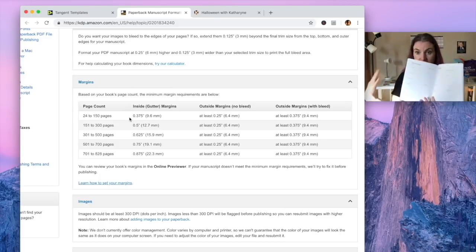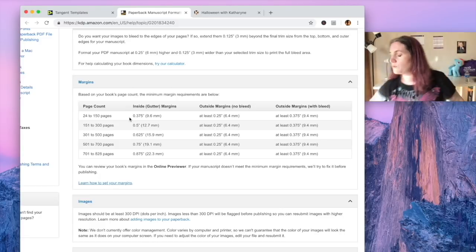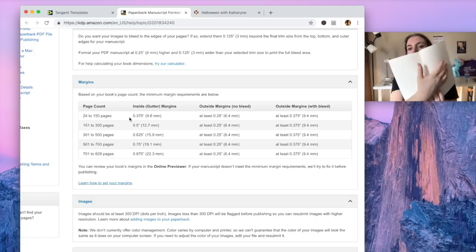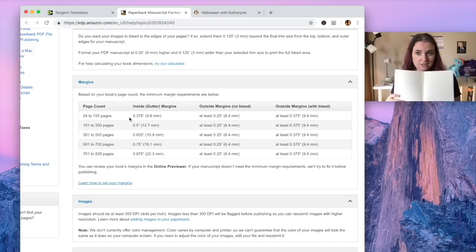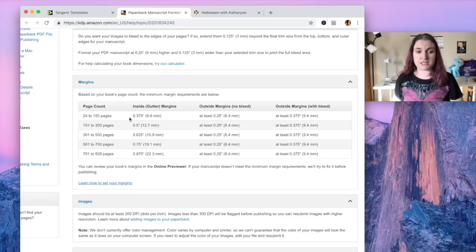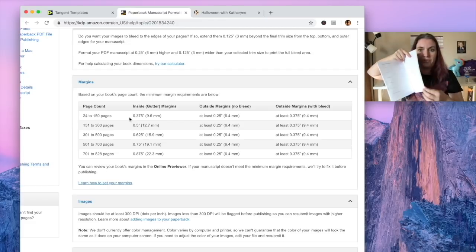Now, if you are creating a full spread that goes all the way across, like for example, with this line book, the lines go all the way across the book. For this, you probably wouldn't want to leave a margin on the inside because those lines are supposed to go all the way through. Now, the outside margins, you basically don't want to put anything important that could go out